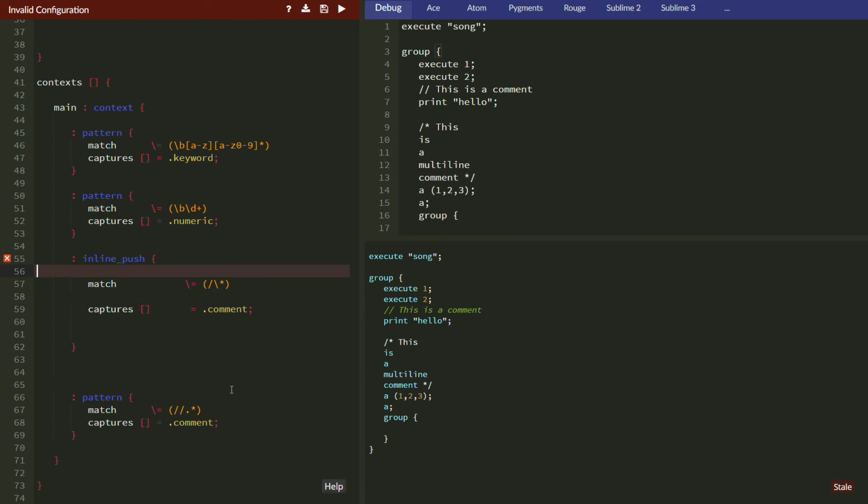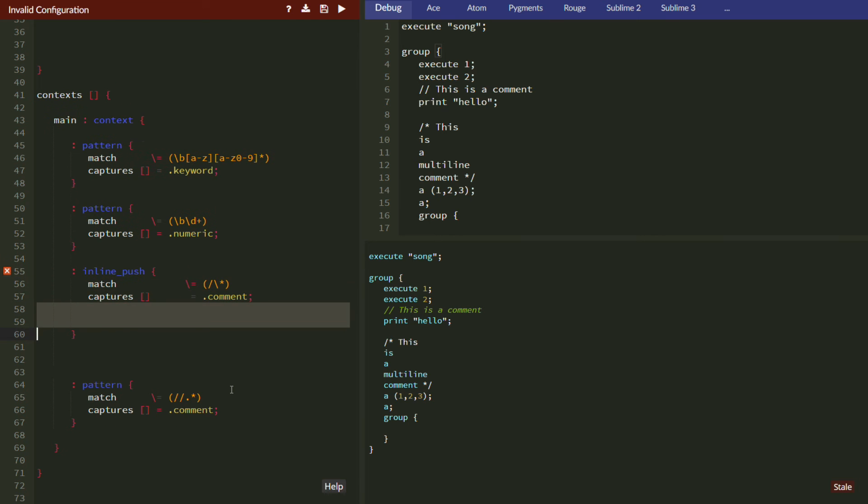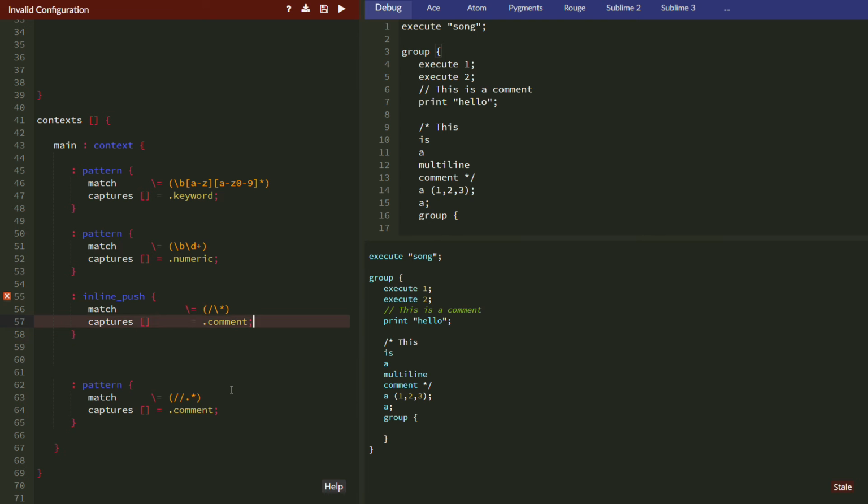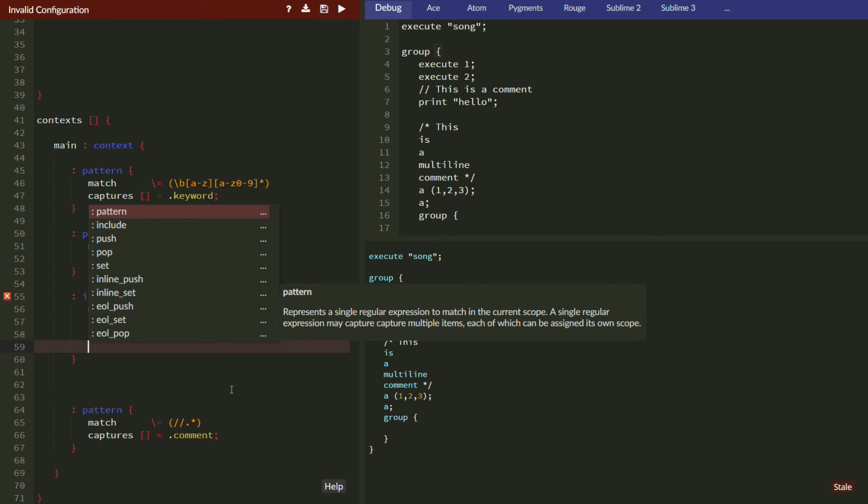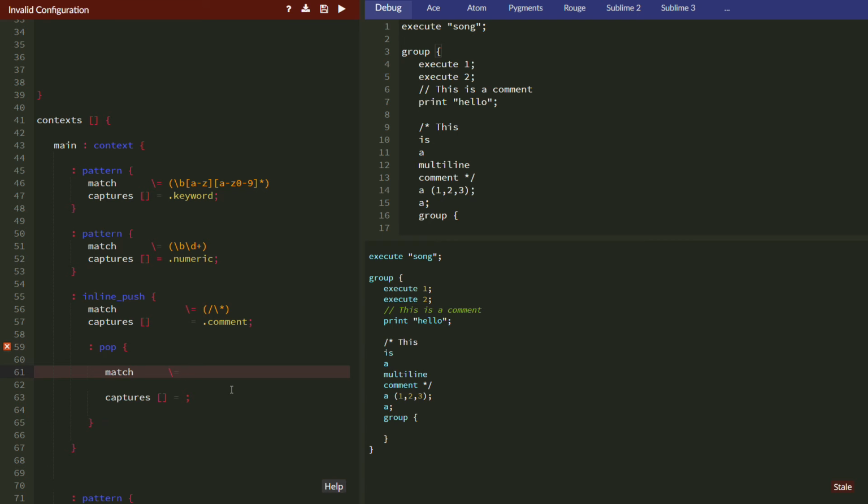And then an inline push requires a pop as the first item in an inline push. So if it can match the pop, it will always try to match the pop first, and we do the opposite. So this will be an escaped star, and then a forward slash will be the pop, and that will also be a comment. So we have entered a scope, so we've entered a context, and within that context we've